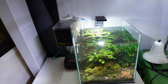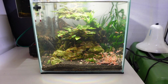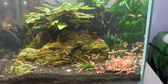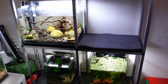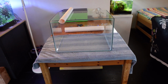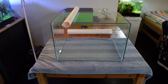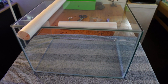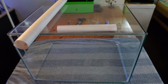As you can see, there's a space in my rack, and this tank used to be in there. It's my crystal red tank, and I think they need an upgrade, so we bought a new tank. It's over here. It's the same tank as the other one that's still in the rack, the top one. It's a 40 plus something aquarium, and today I'm gonna